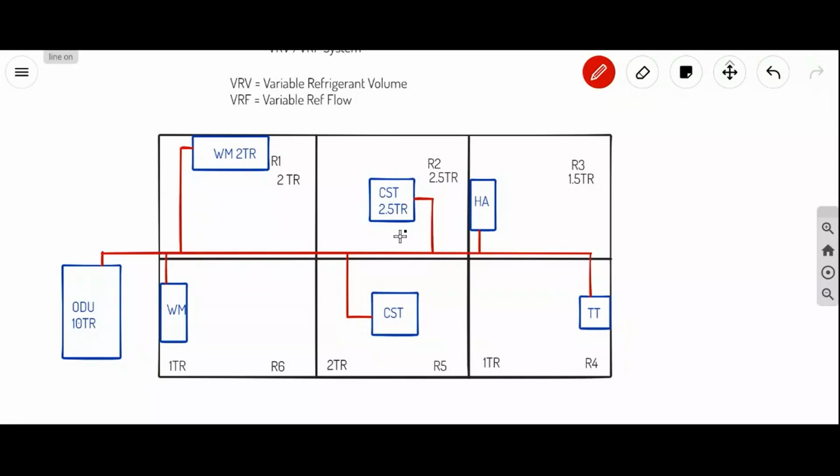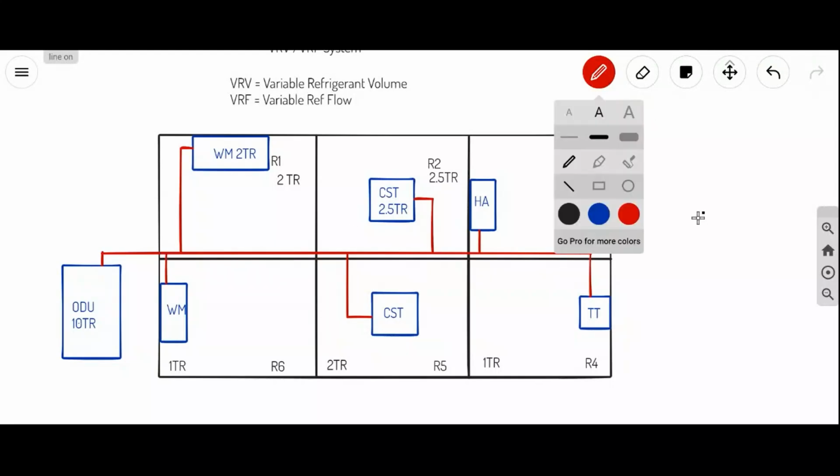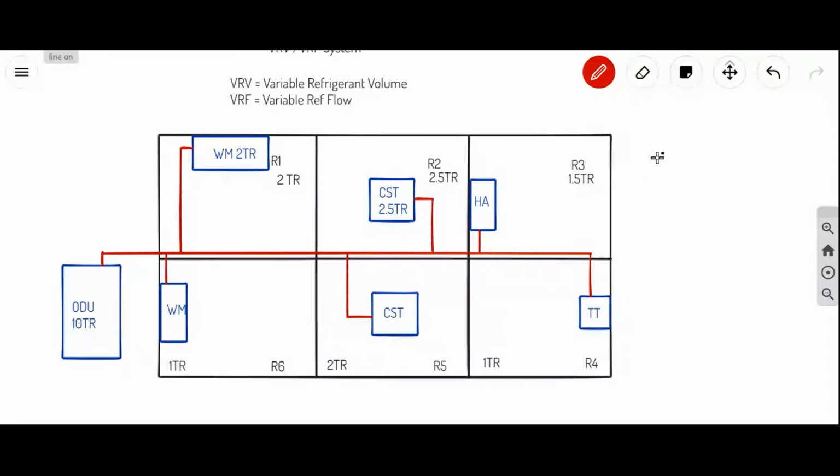Okay, like this. So to connect this refrigerant piping,